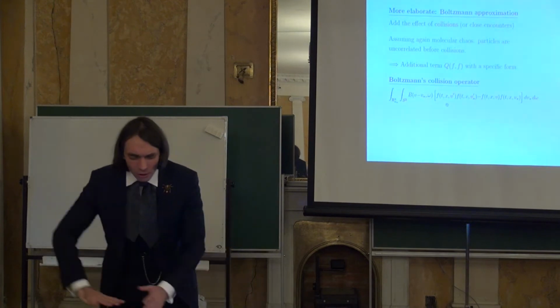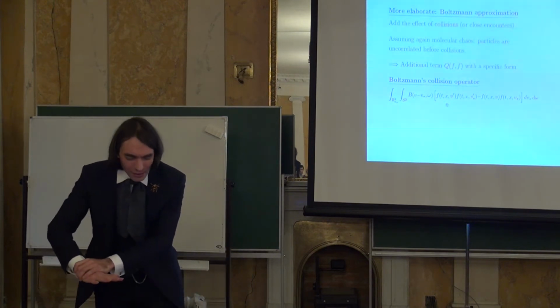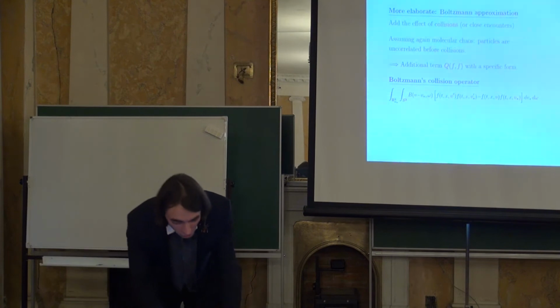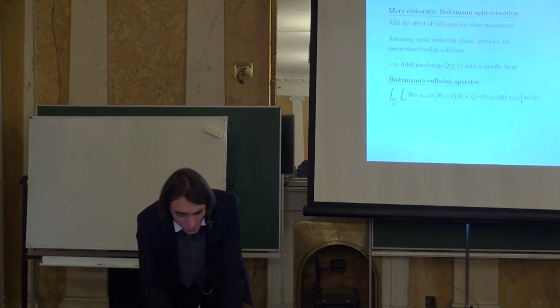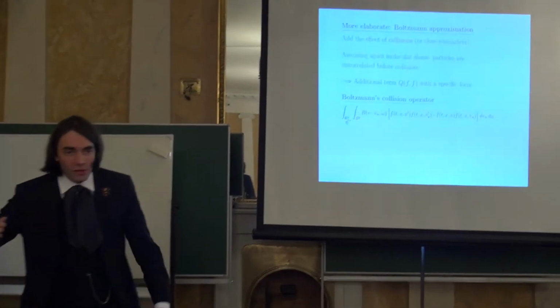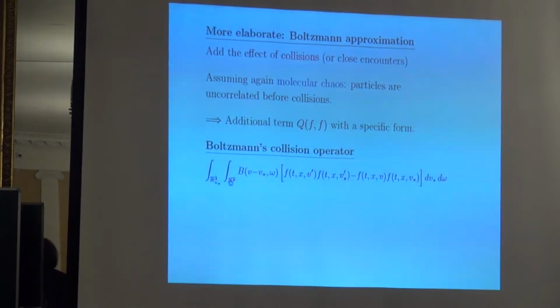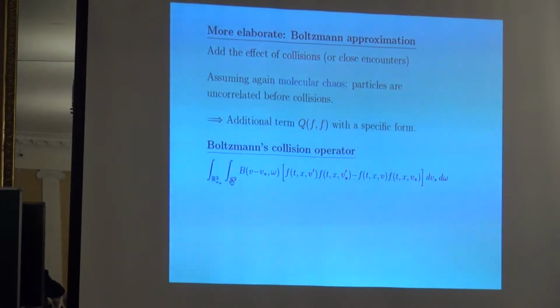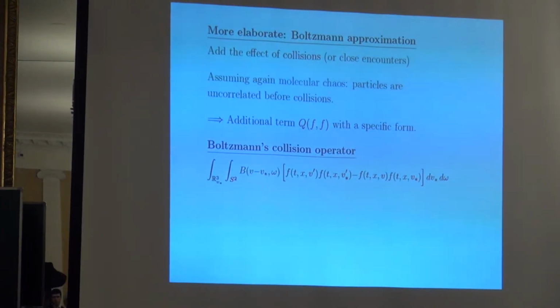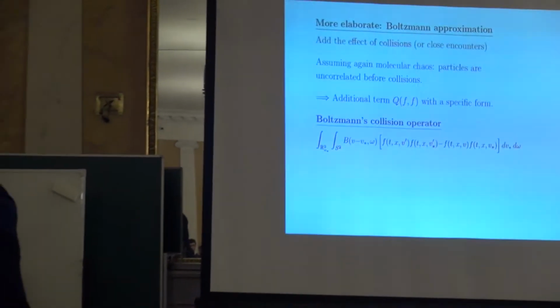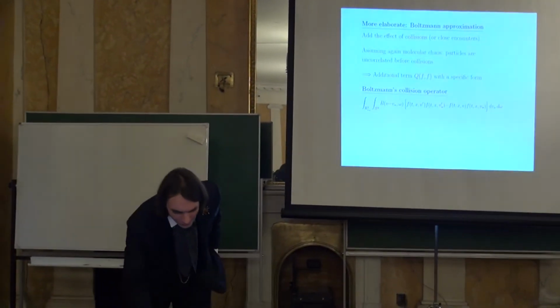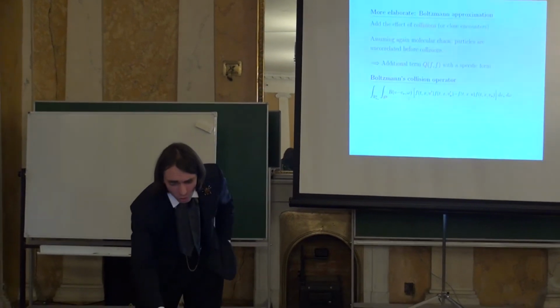And it tells you about the variation in the density function which is due to these collisions. And it takes the form of a double integral. Let's say this integral is about all the possible velocities of somebody that you encounter, and this integral is about the parameters of the encounter. Maybe the orientation in the encounter is like this, or like this, or like this. There should be some direction playing a role, and that's the meaning of this extra integral.